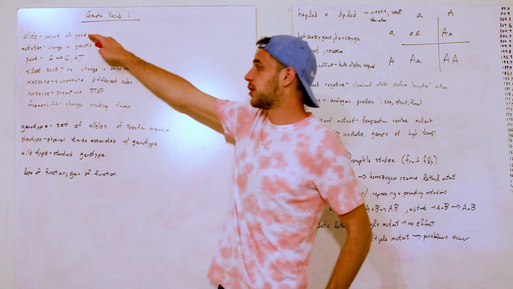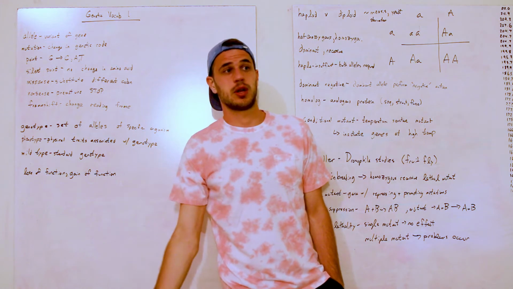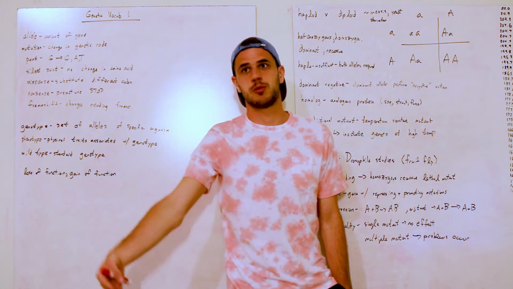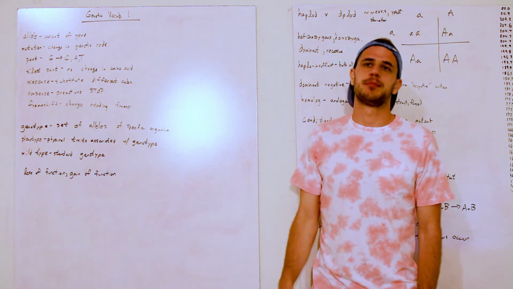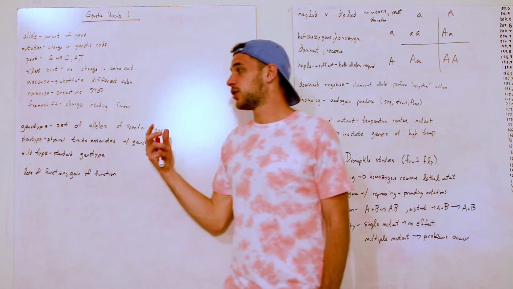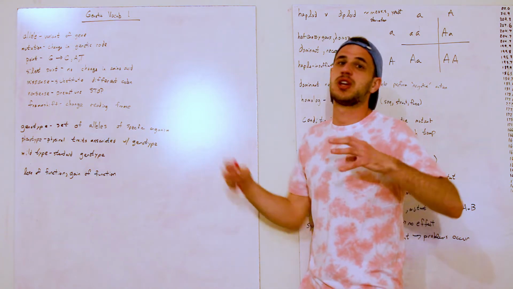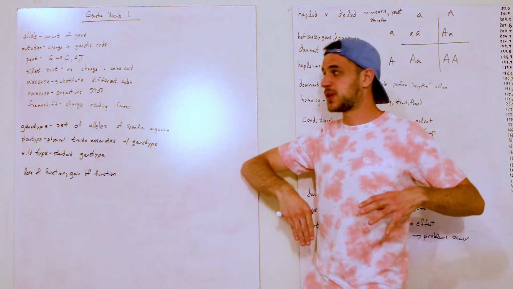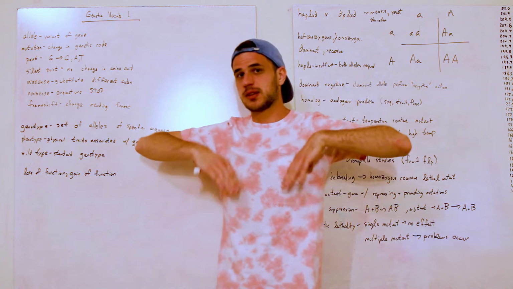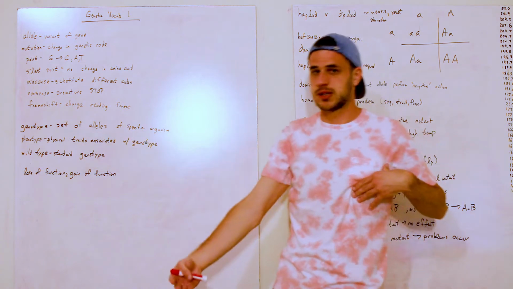So when you have an allele, you have a lot of the alleles in the body. So you have 23 chromosomes, 23 in me, but there's also two sets of them, so 46. So you have a full set of these alleles. There's a lot of different alleles on the chromosomes themselves. And so we call all of these alleles together a genotype. It's just a set of alleles for a specific organism.